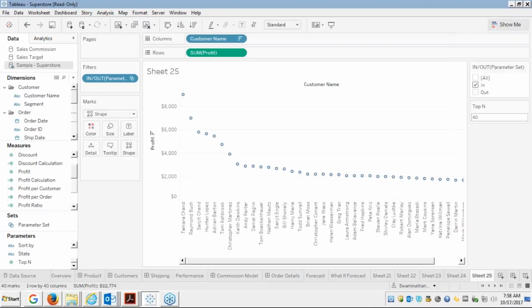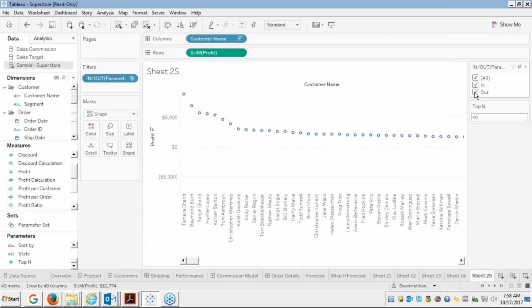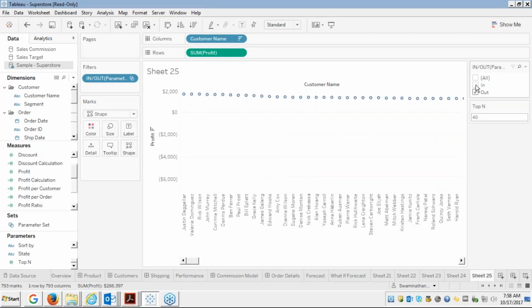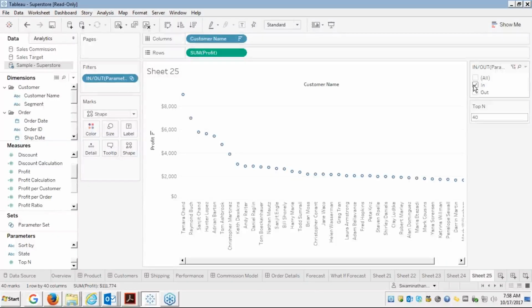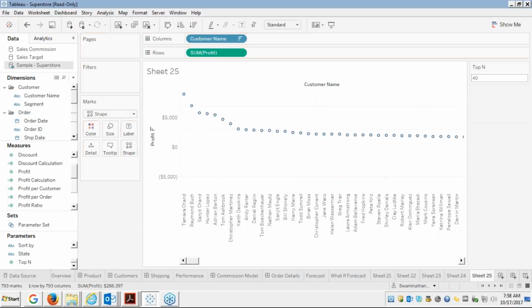So now what I will do, I would like to see all the items which are within the set and which are outside the set. So I would like to see those items alone, which are within the set and which are outside the set. Instead of having a set in filters, I will take this set,